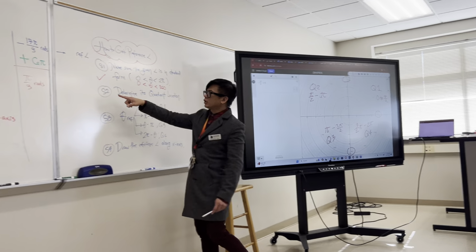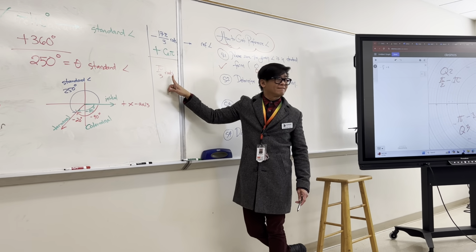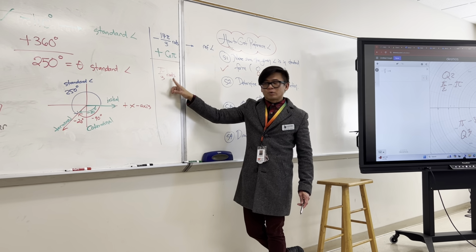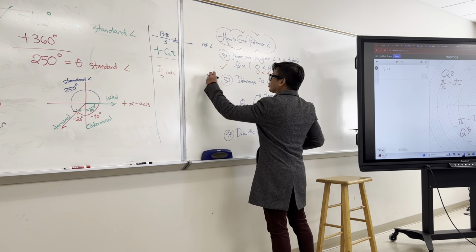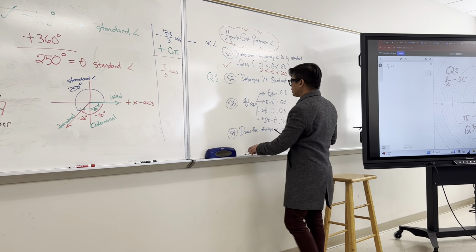So what is its quadrant location? Pi over 3. First quadrant. Very good. So put in here, quadrant 1. So according to this one,